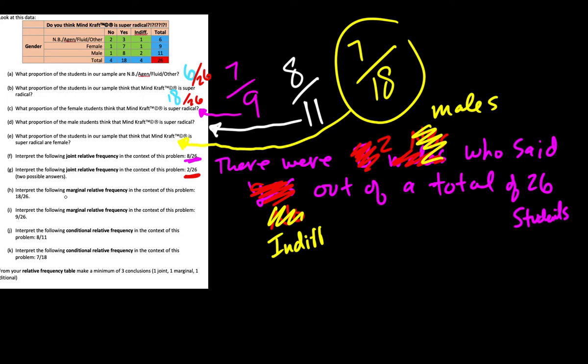Okay, this next one. Interpret the following marginal relative frequency in the context of this problem. So 18 out of 26. Once again, we're going to find an 18. And since it's marginal, it's going to be on the outer skirts, so it's going to be in one of these blue boxes. The joint ones will be in the green boxes. So the 18's right here. 18 corresponds to how many said yes out of a total of 26. So we're just going to say there were 18 students